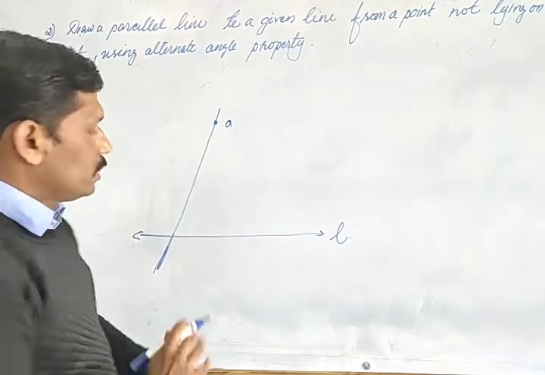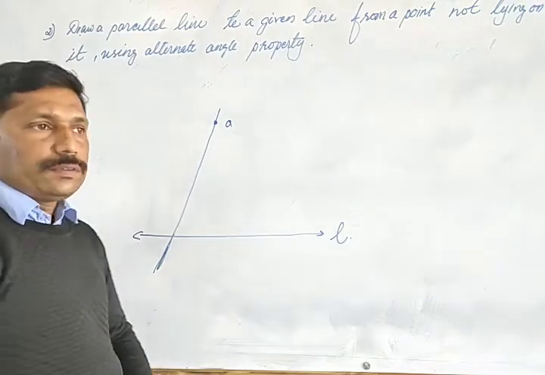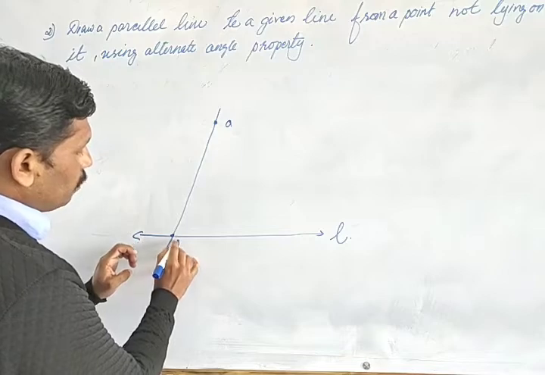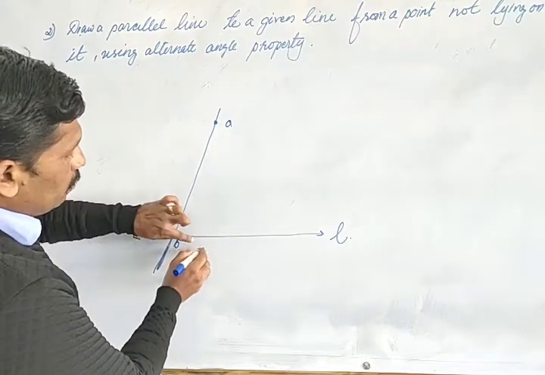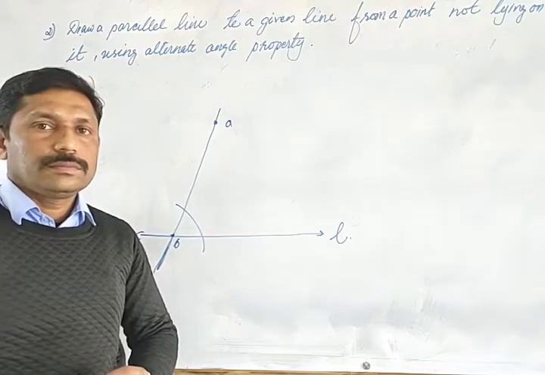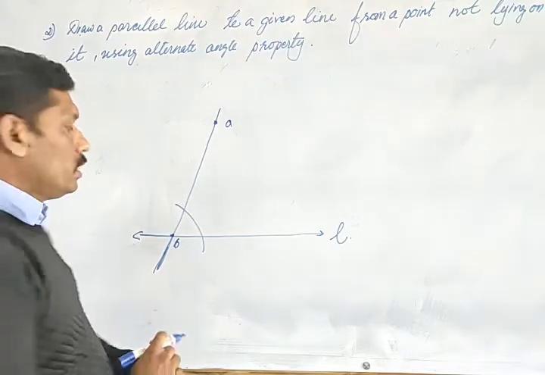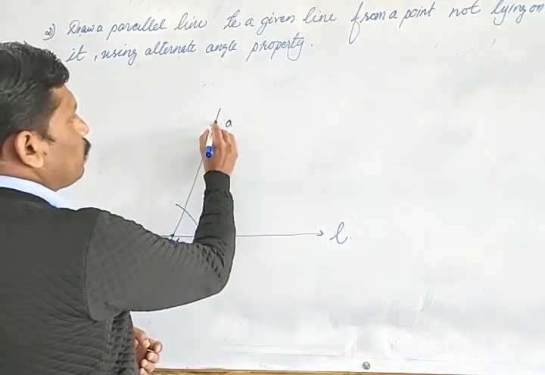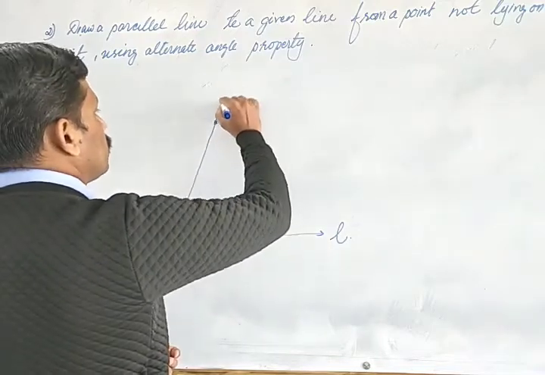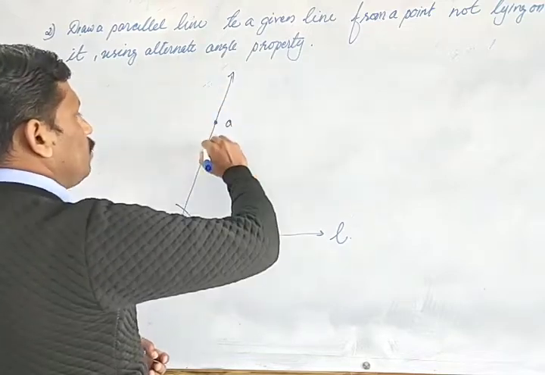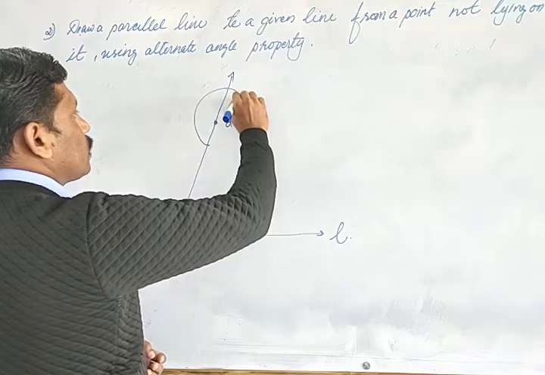We draw a line here, and then at a suitable radius, keeping the compass at this point, here we make point B. From B, we make a semicircle and cut the arc here. And then, with the same distance, we take the compass and keep it at point A and draw a semicircle here. This is what we do with the extension. And from point A, using the compass, make a semicircle here.